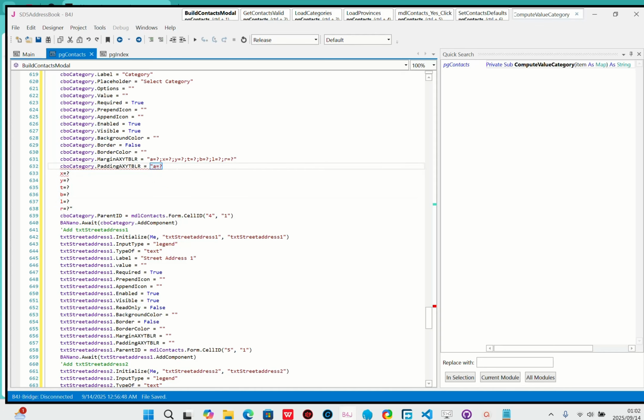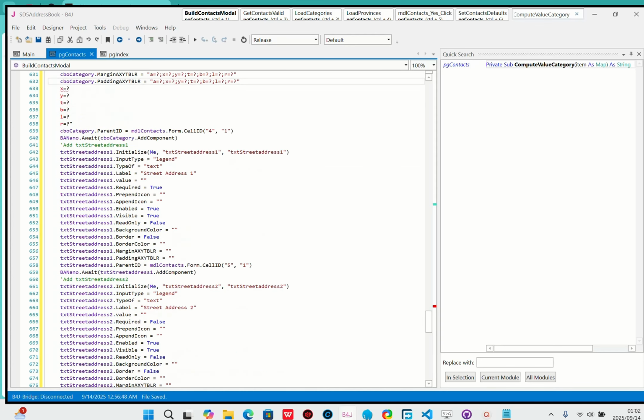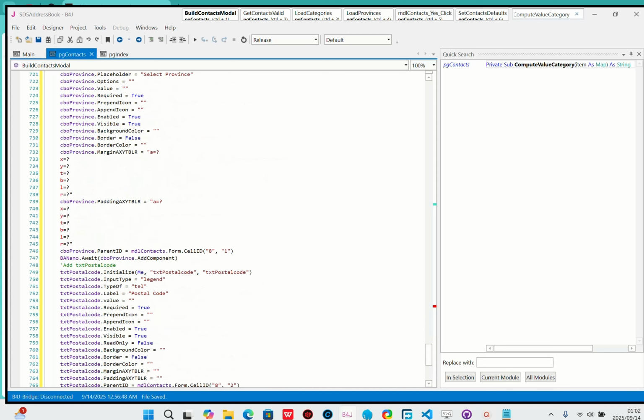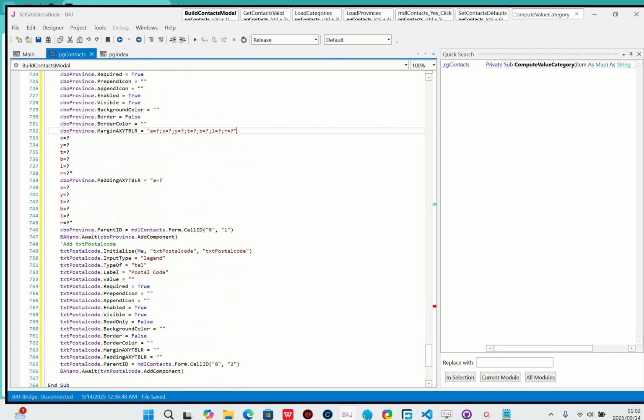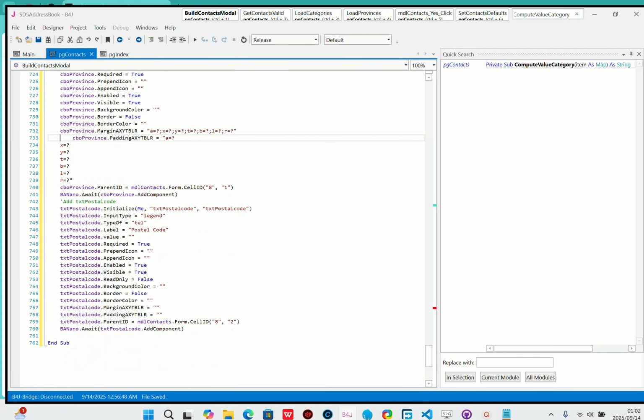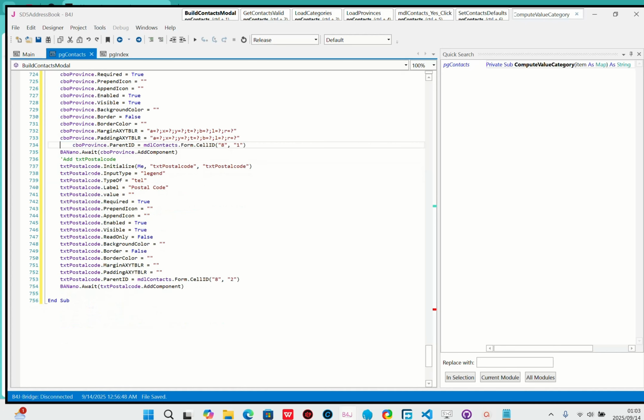So let me just paste this here. I think we have it also down here. I'm going to delete the other lines. So I'm going to delete this line. I'll look into this in terms of what's going on here in the next update of this tool. Let me remove this. Okay,